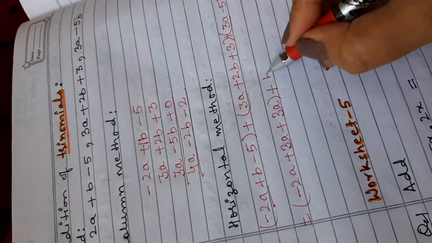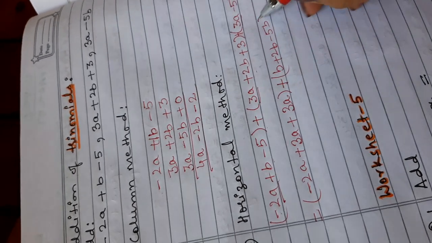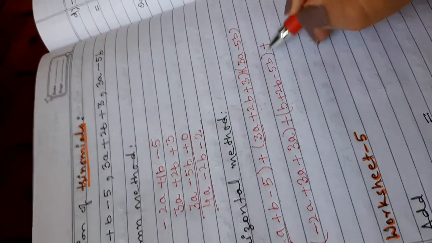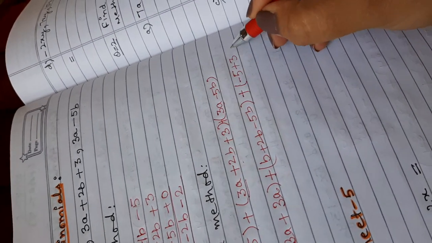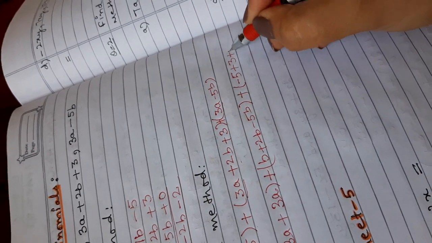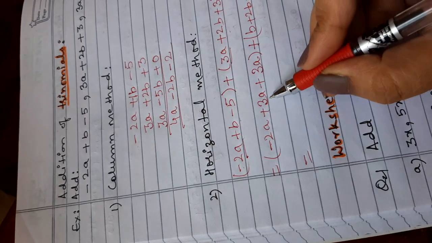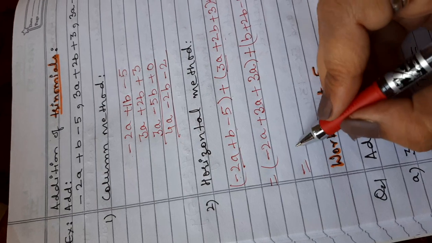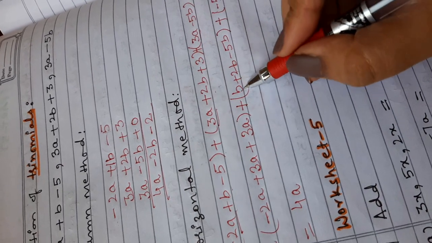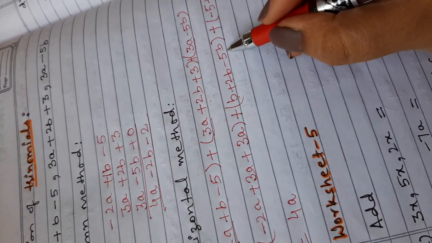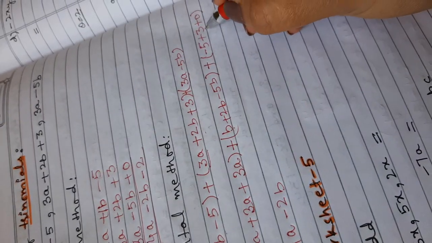Now b plus 2b minus 5b. Again put them in bracket. Now the last term is minus 5, then plus 3, and nothing is there. You can put 0 or you can leave it like this only, right? This is equal to, now add the numerical part. 3 plus 3 is 6, 6 minus 2 is 4, so 4a. Now here also 2 plus 1 is 3b, 3 minus 5 is equals to minus 2b, and